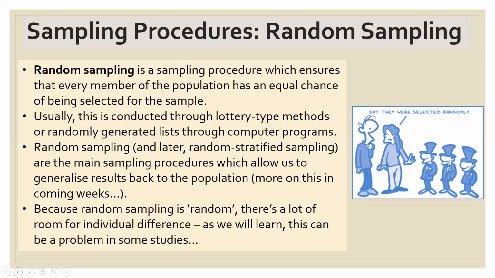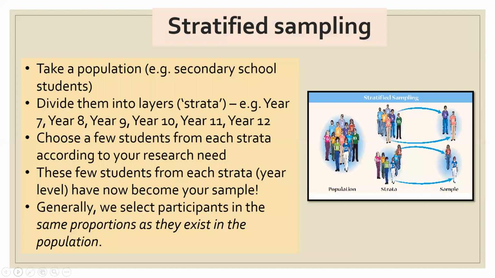Okay, so the next type of sampling technique that we look at is called stratified sampling. Stratified sampling is basically dividing your population into strata. So strata, if you remember from humanities classes, refers to layers, okay? When you learn about strata, they are like layers of the earth. So strata, in other words, are layers. So you take your population and you divide them into different layers or different groups, and then you choose participants from within those groups. So the simplest example you can take is if you're doing a study on high school students and you want to assess